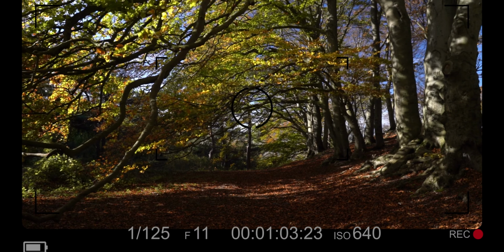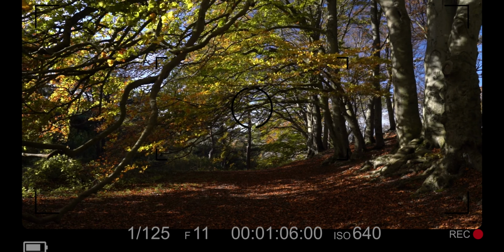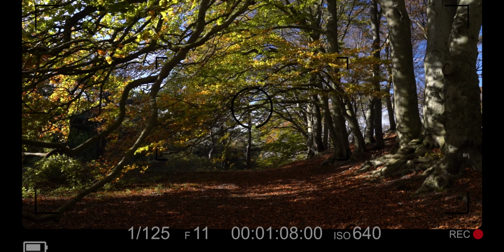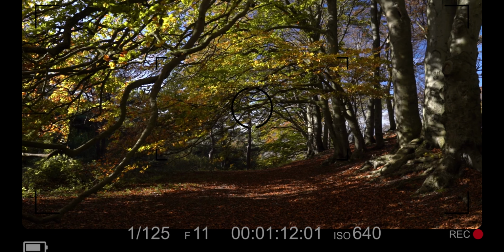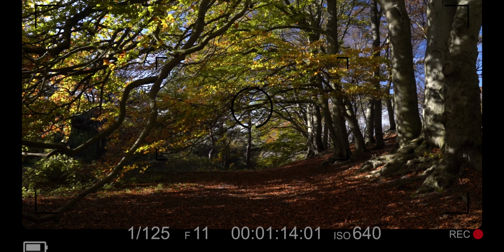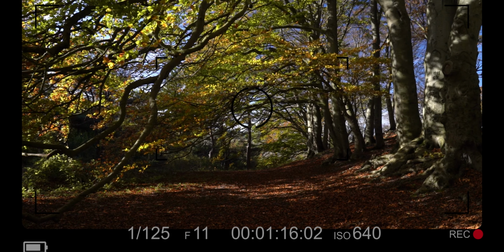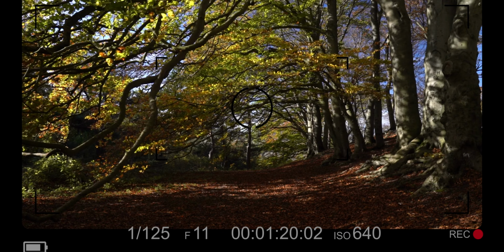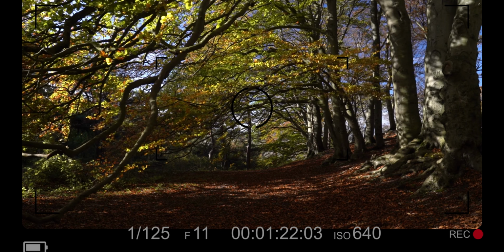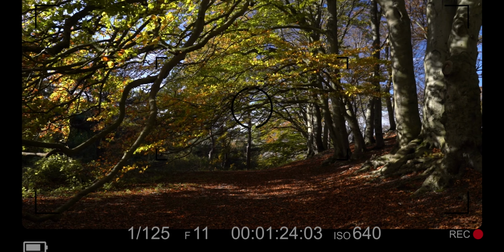Another thing is it's very windy today, so I'm having to shoot at a higher ISO. So my ISO is actually 640 at the moment to give me 1/125th of a second shutter speed, which should stop a lot of the motion hopefully. I might push that forward a bit more. I might go up to ISO 800 just to try and push it a bit more to really freeze it,